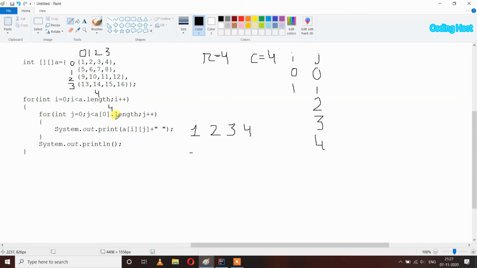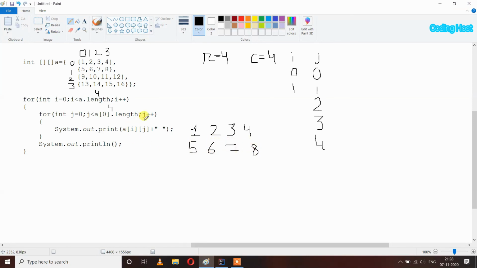So this for loop will again run from 0 to 3, but now the index of i will remain 1. So it will print element at indexes 1 0, 1 1, 1 2 and 1 3. So now in the next line we will get elements 5, 6, 7 and 8.